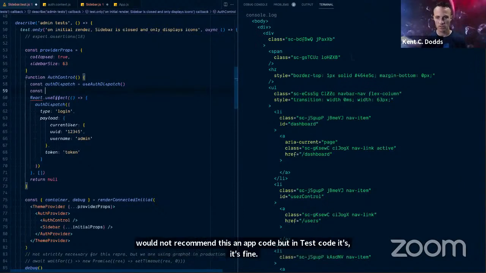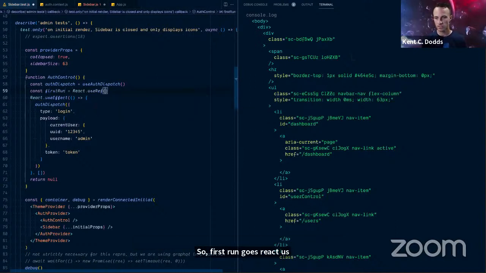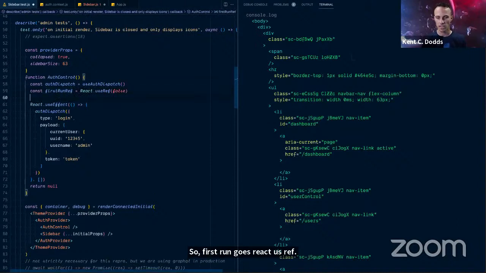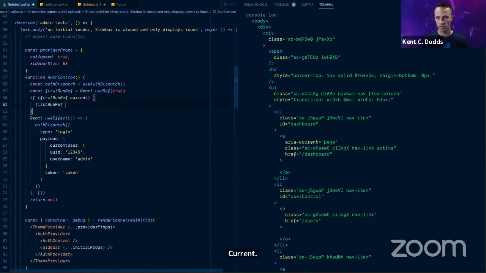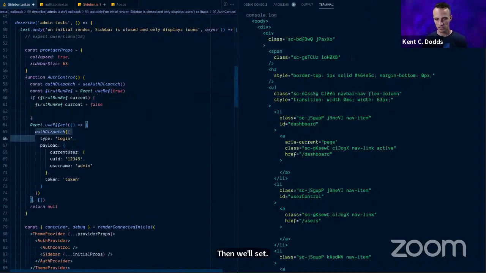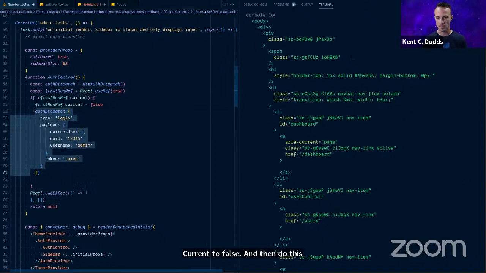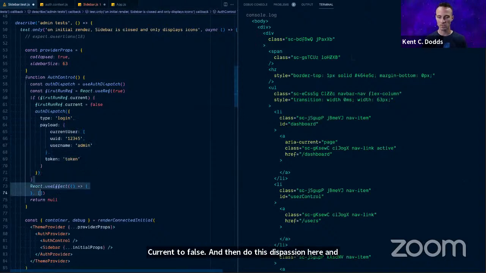So firstRun equals React.useRef(true), we'll call that a ref. And then we can say if firstRun.current, then we'll set current to false, and then do this dispatch in here. What this does is it says, hey, React, actually, I need to make a change to this state.